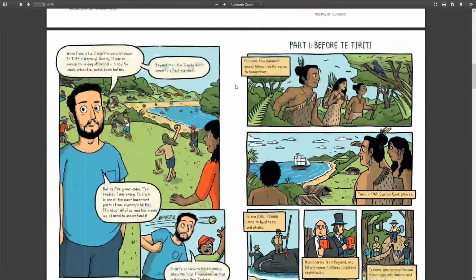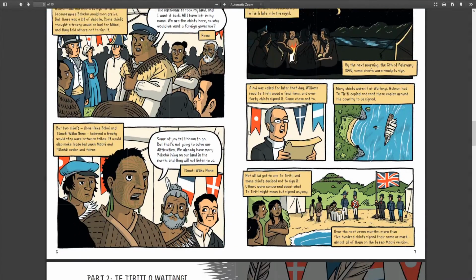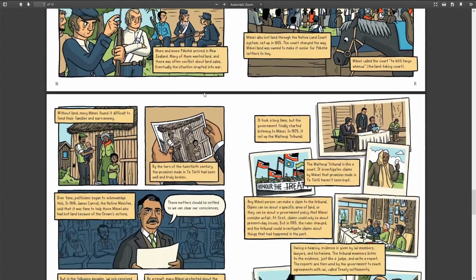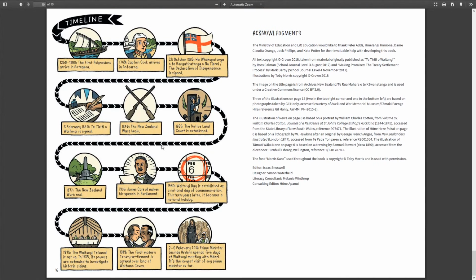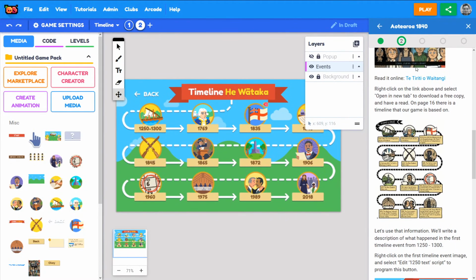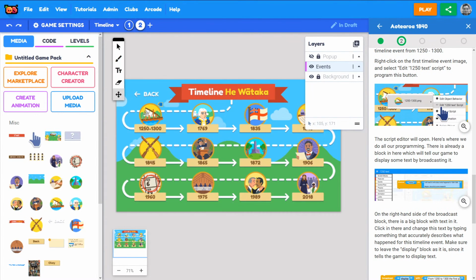Now you could read through the whole book at your own pace. It's very informative. It looks great. It looks like a comic book, right? The most informative part of this book that ties to the resource that we're currently going through is on page 16, right near the end. We've got this timeline. So we can see 1250 to 1300, the first Polynesians arrive in Aotearoa. So if we go back to our game